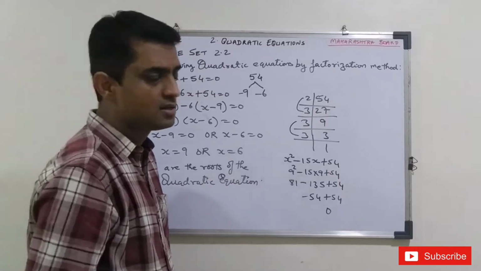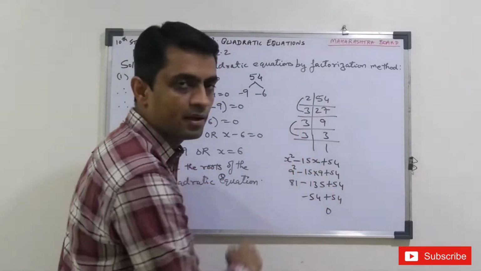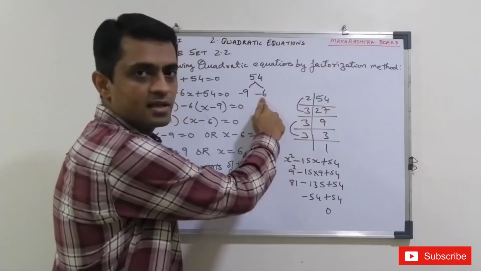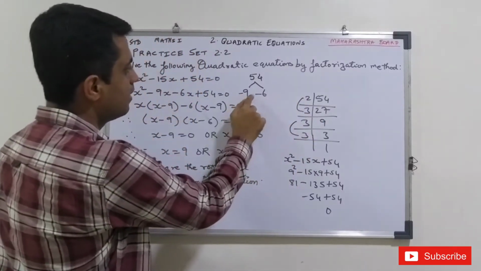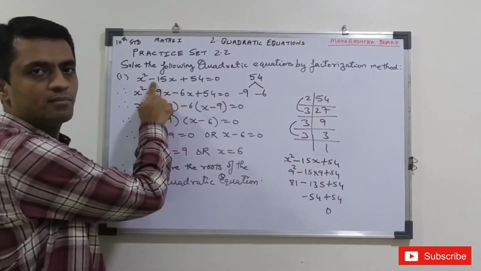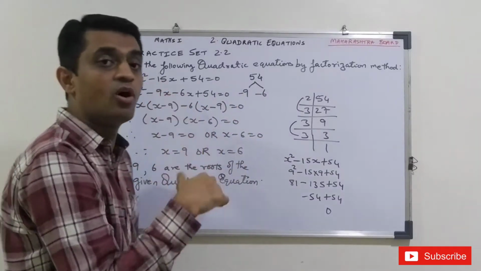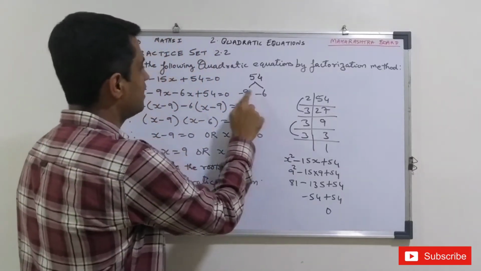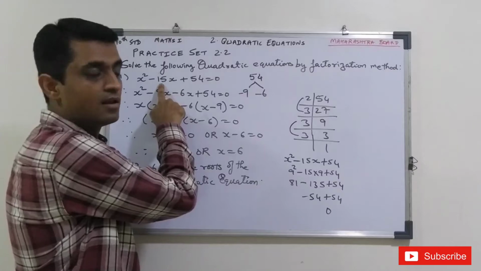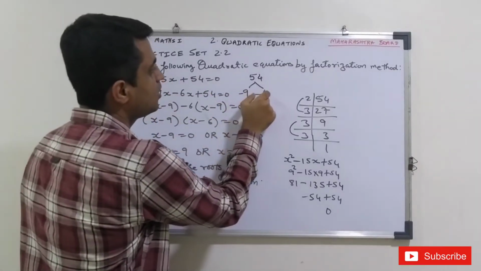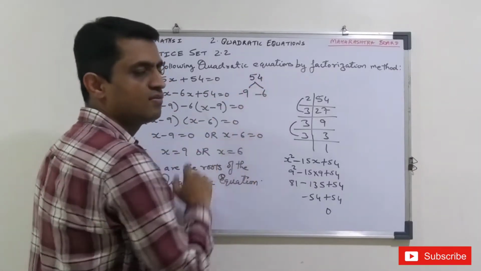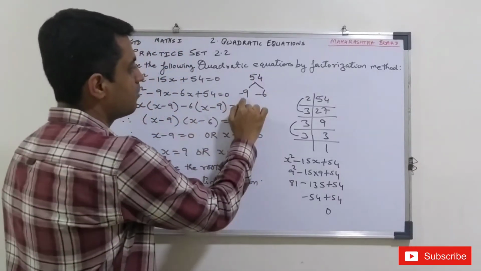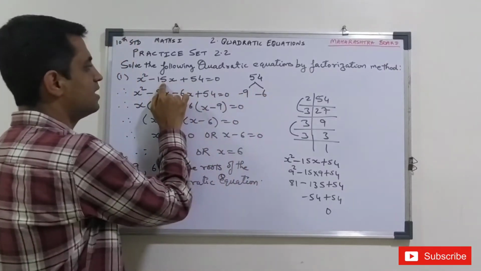There are multiple pairs, but we are taking the most suitable pair because 3 3s are 9, 3 2s are 6. We are putting a minus sign here, looking at the minus 15 that is there. We want minus 15, so minus 9 minus 6 will give you minus 15. And minus 9 into minus 6 will give you 54. Minus into minus is plus, 9 6s are 54. And minus 9 minus 6 will give you minus 15.